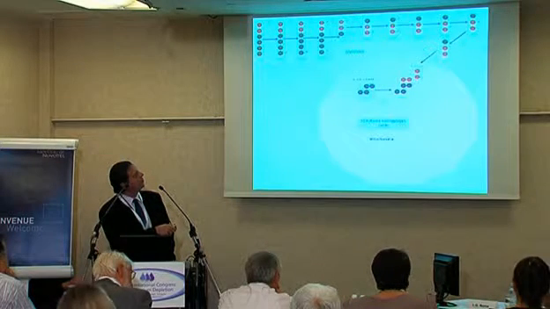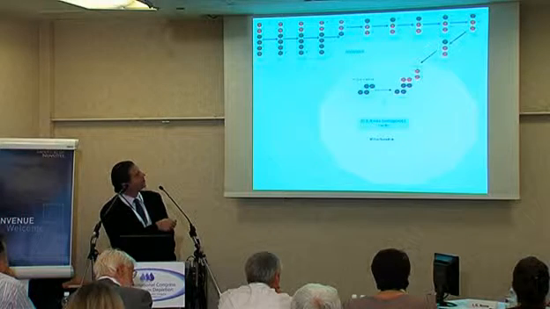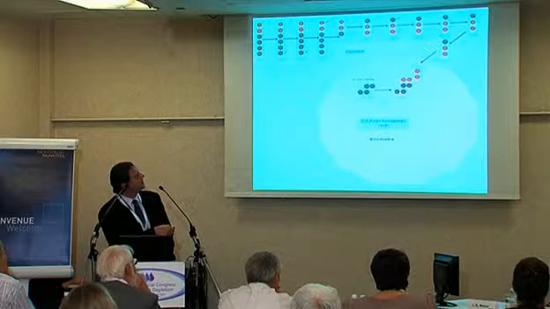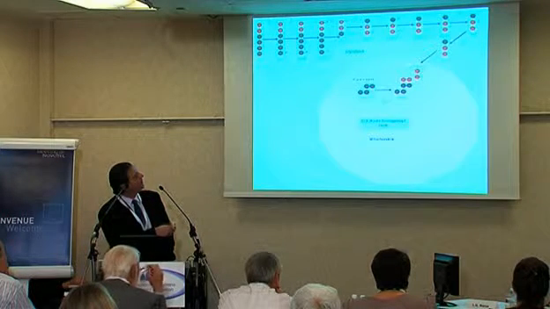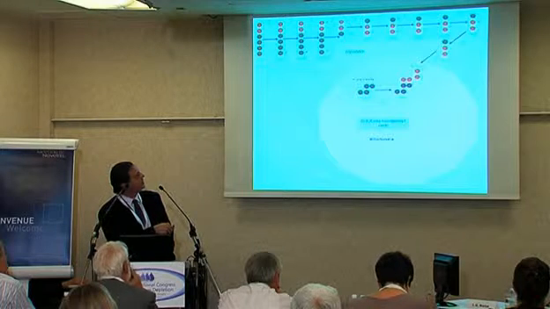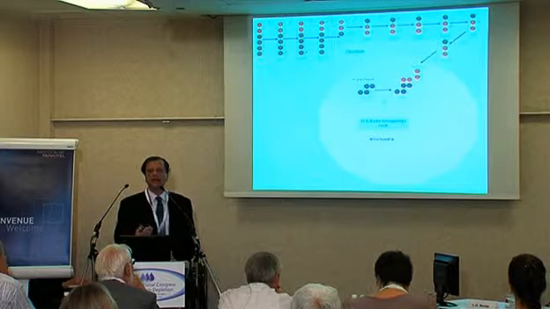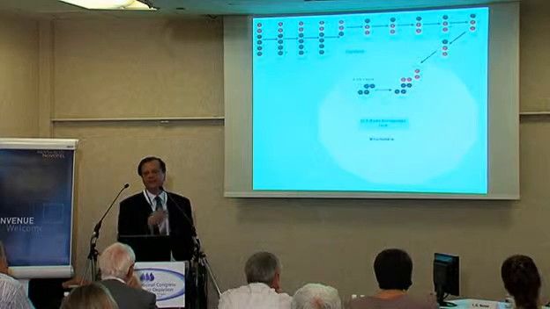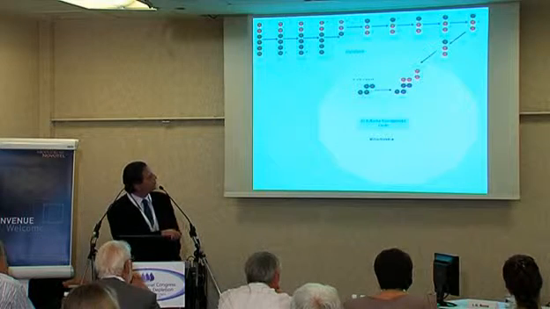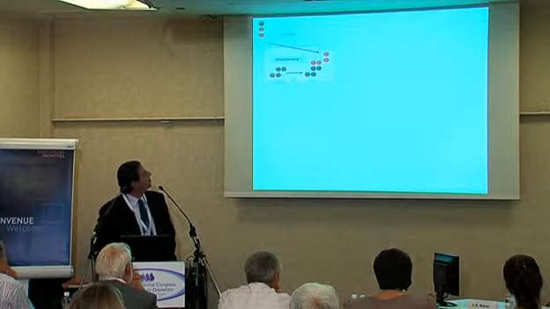Pyruvate can be used for lactate production. Pyruvate can be used through the anaplerotic pathway. So there's a number of uses for pyruvate, but when pyruvate enters the TCA cycle, there's going to be a commitment that citrate is formed, and the citrate synthase process is an irreversible reaction, meaning that citrate cannot go back to anything else. It has to be metabolized further, which I'm going to show you, or it has to be shuttled from the cycle.